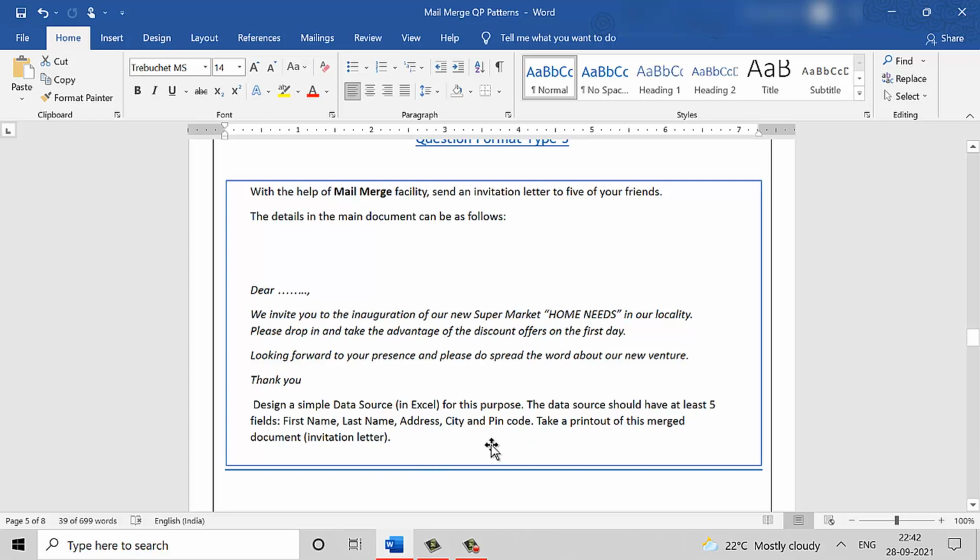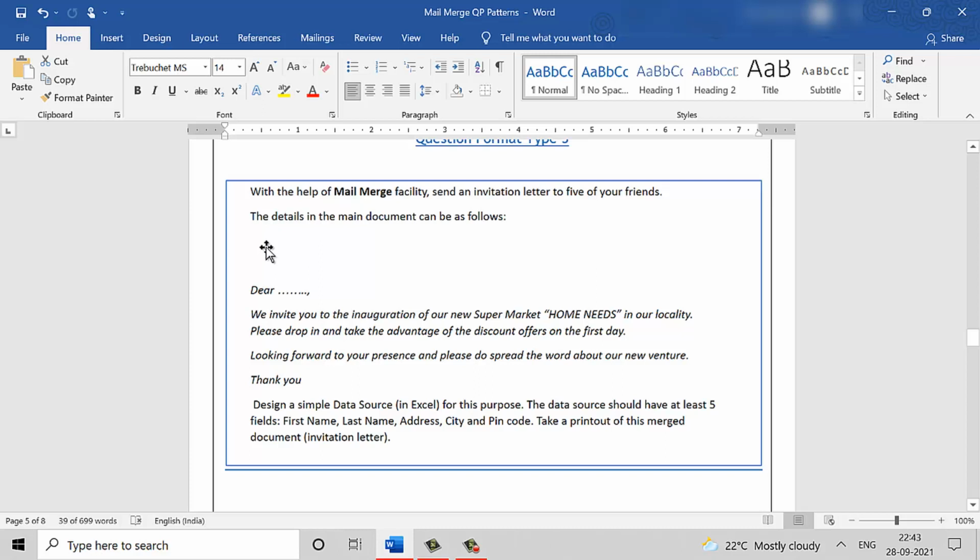Again, the merge fields are not listed, so the understanding would be that however many column headers are here, so many merge fields also will be used in this mail merge example. So where would you insert the first name, last name, etc.? Usually all this will go on top of this letter here when we actually do the merge.